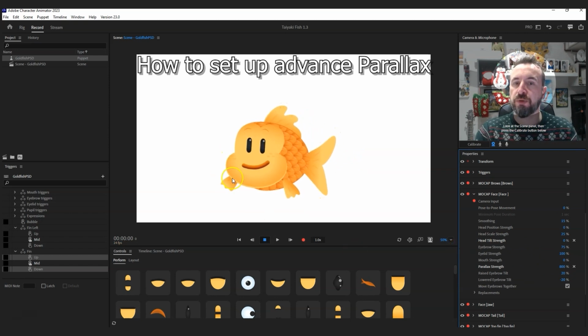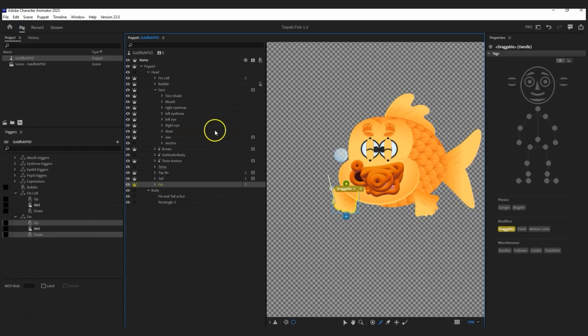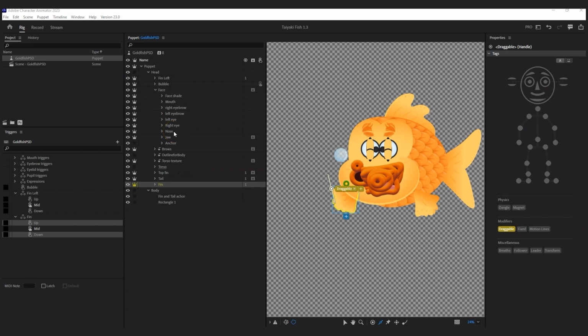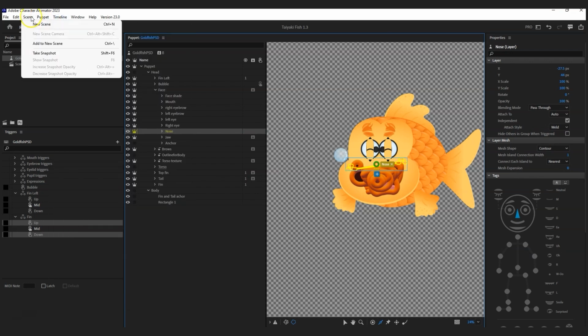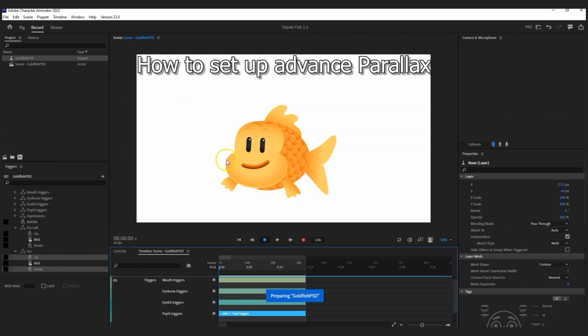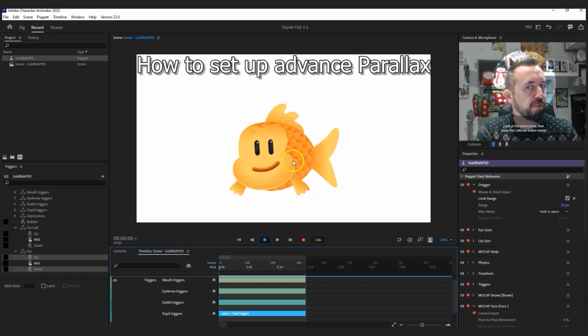Right, I need to get these freckles included in the masking, so let's go back into rig. And where are them freckles? Right, they're in the face. Oh, and I just need it to mask to the jaw. So go to puppet, create clipping mask. And if we go back into record and have a look at it, if you look at the freckles now,